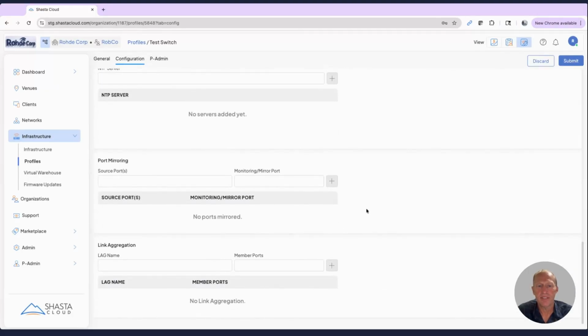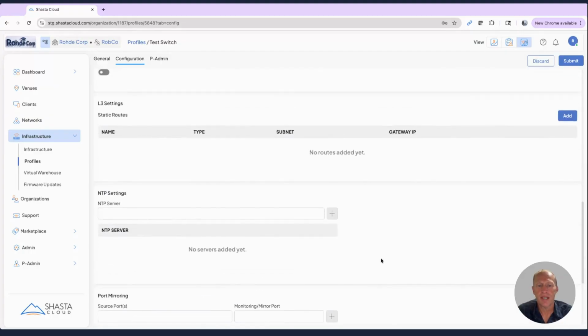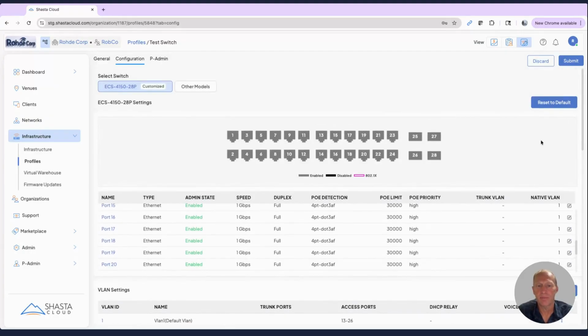Now if we scroll down to the bottom, this is where we can configure our lag port for an uplink. So remember, 27 and 28 were our uplink, so we're going to select 27. We can either do 27-28 or 28-27. It doesn't matter in this case. We'll add that. And now if we submit this profile,